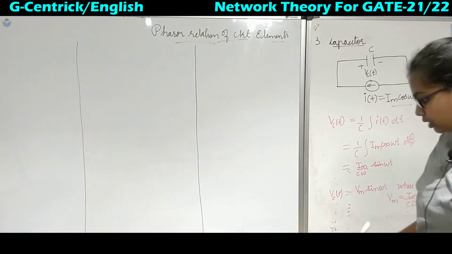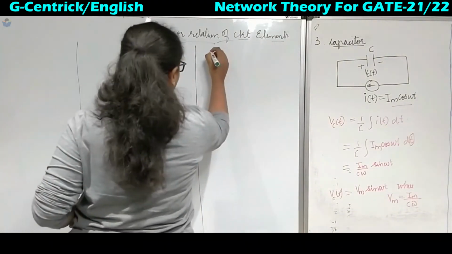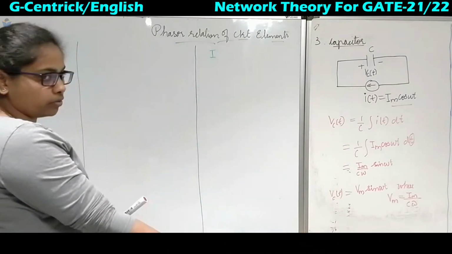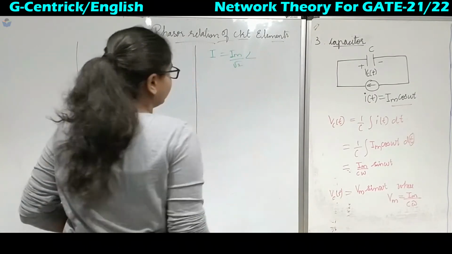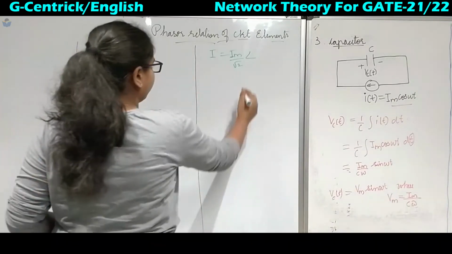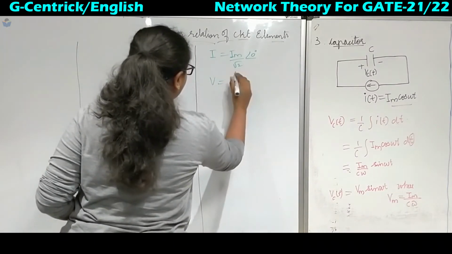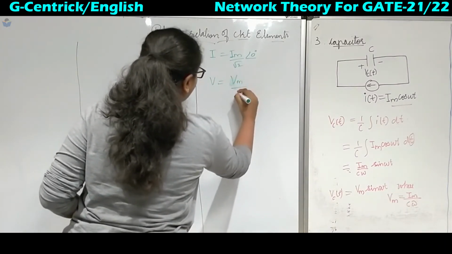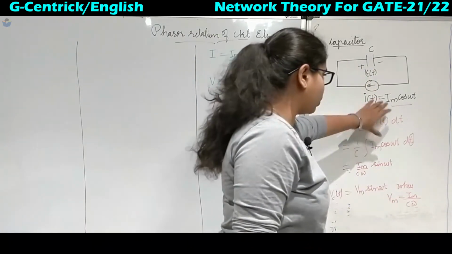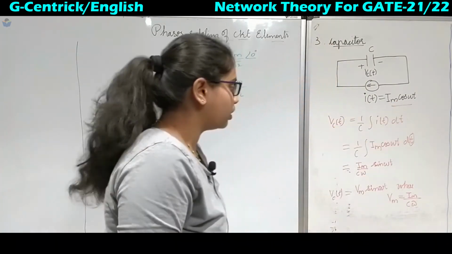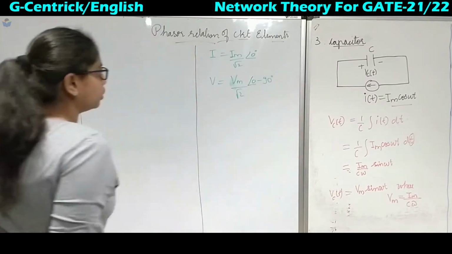Now if we have to draw the phasor of this one, first I will write the formula for I, what will be the formula? Im by root 2. The phase angle, it is cos, so it is starting with 0 degree, so I will write here 0 degree. Next for voltage, it is Vm over root 2. Now consider this one, what we have got? Vm sin omega t. So we have to take both the references as same. So to convert it into cos, what we will write here? 0 minus 90 degree.